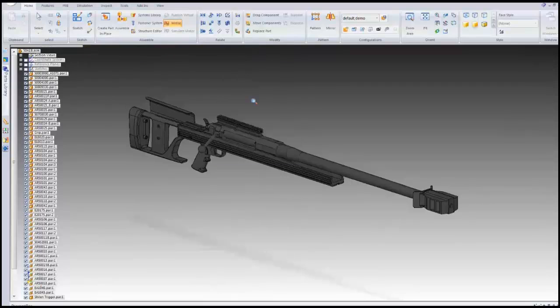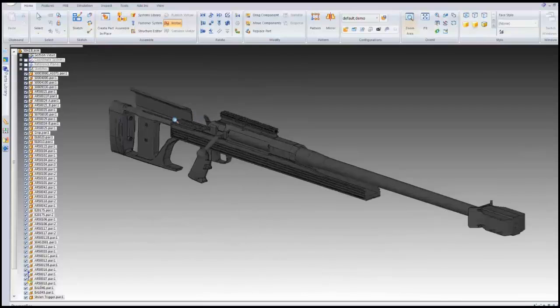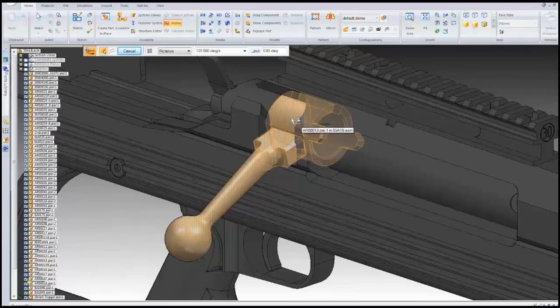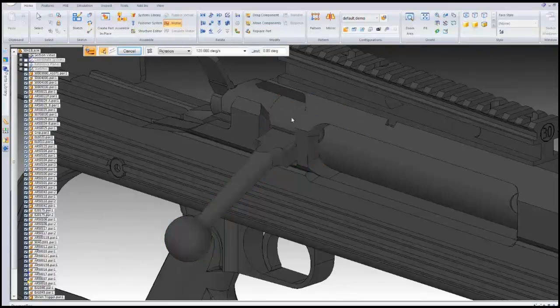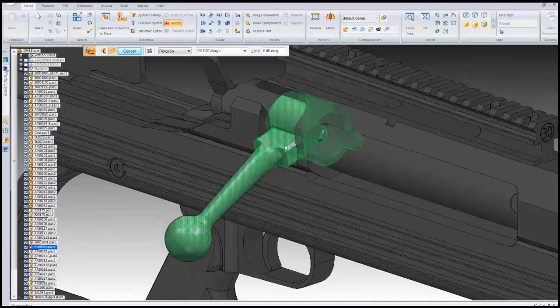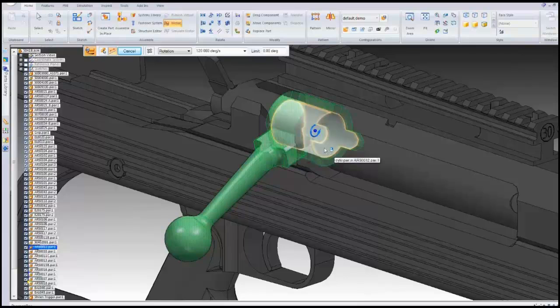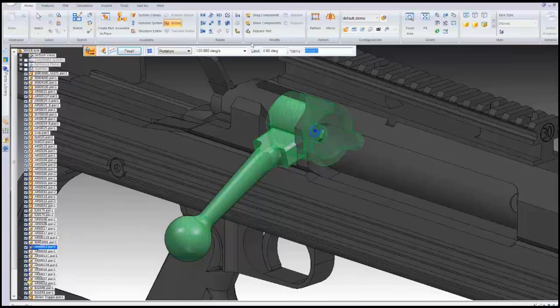So I'm just going to zoom into it a little bit, make it easier to see. Pick the motor up here from the toolbar, and then you click on the part that you want to place it on. Once you do that, you'll notice that there are a few different ways that you can pick to place it. For rotational, you can pick cylindrical faces, edges, or axes. For this, we just want to pick the center of this cylinder, and because we want the bolt to rotate up, we're going to flip the rotation,